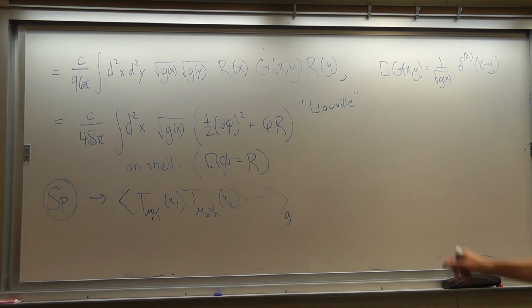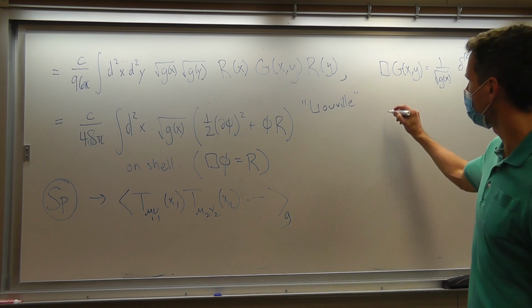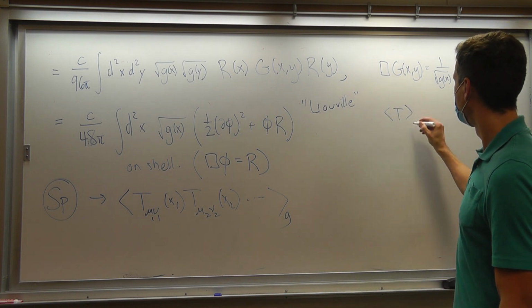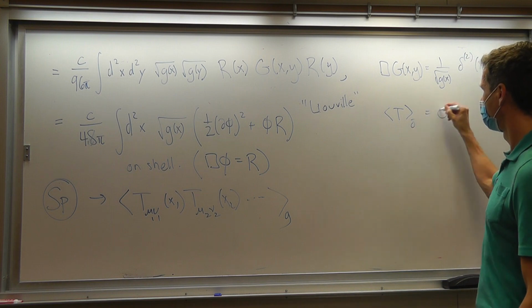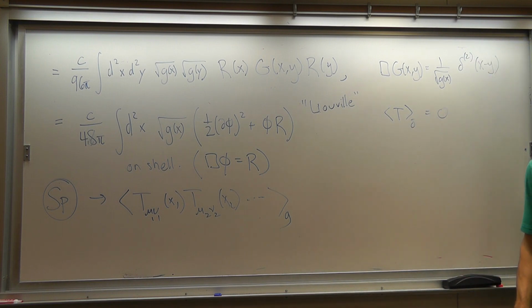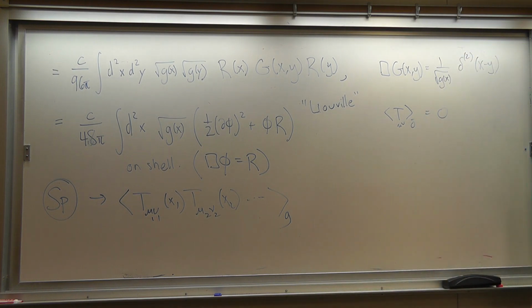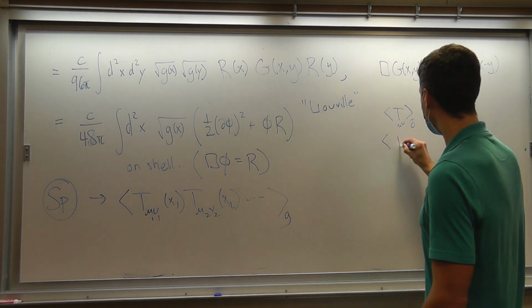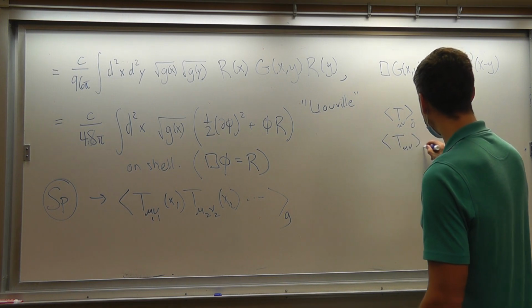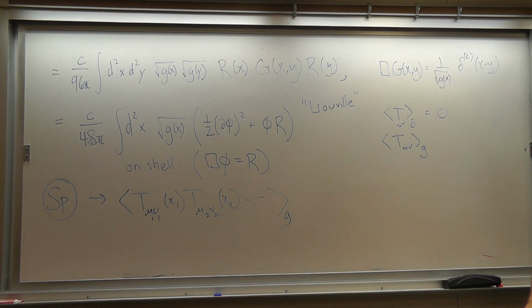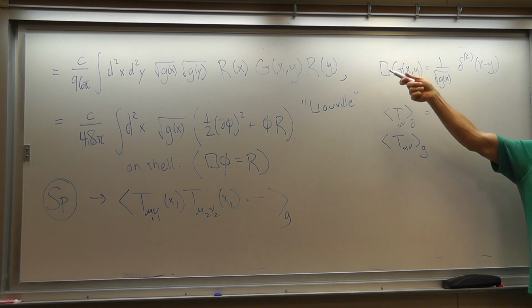Right, right. So you're right that the T_mu_nu in the flat metric will vanish, and that's correct. The stress tensor on the plane in a 2D CFT has 0 expectation value. But as we'll talk about probably next time, you can also use this to calculate the stress tensor in a curved metric, and then it's certainly not going to